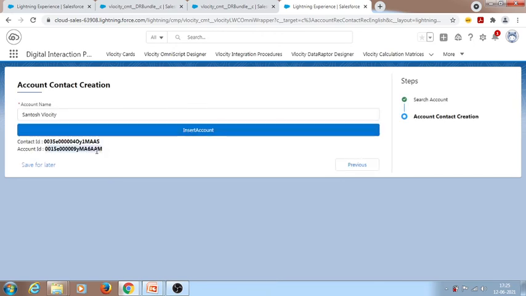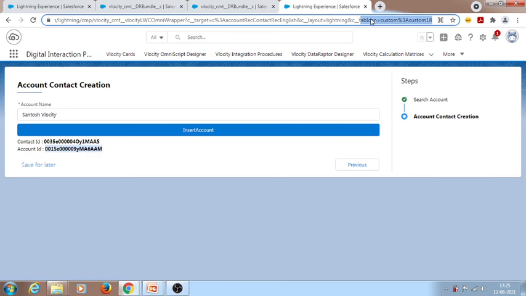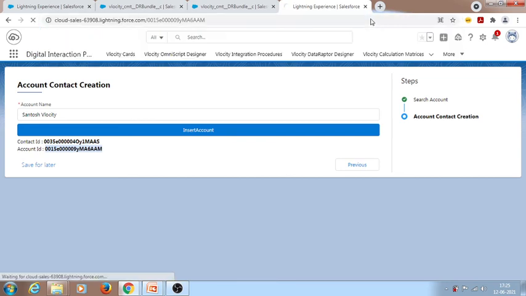Let's see what that account is. Here one account will be created with the related contact with the name Santosh Velocity.